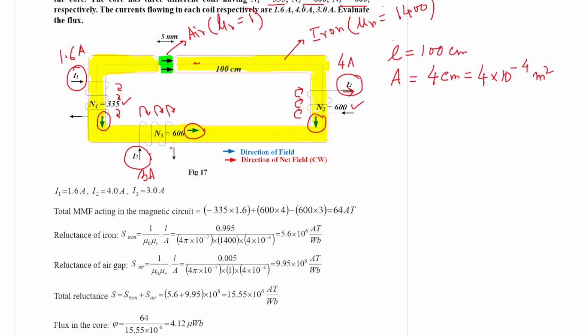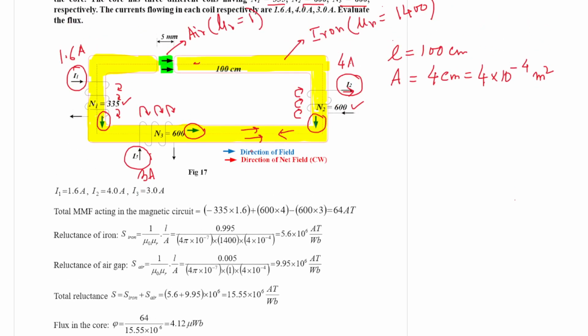So now you see the magnetic field created by I1 and I3 will be acting in the same direction. However, magnetic field created by I2 is acting in the opposite direction. So this is I1 and I3, but this is I2. So the net magnetic field,